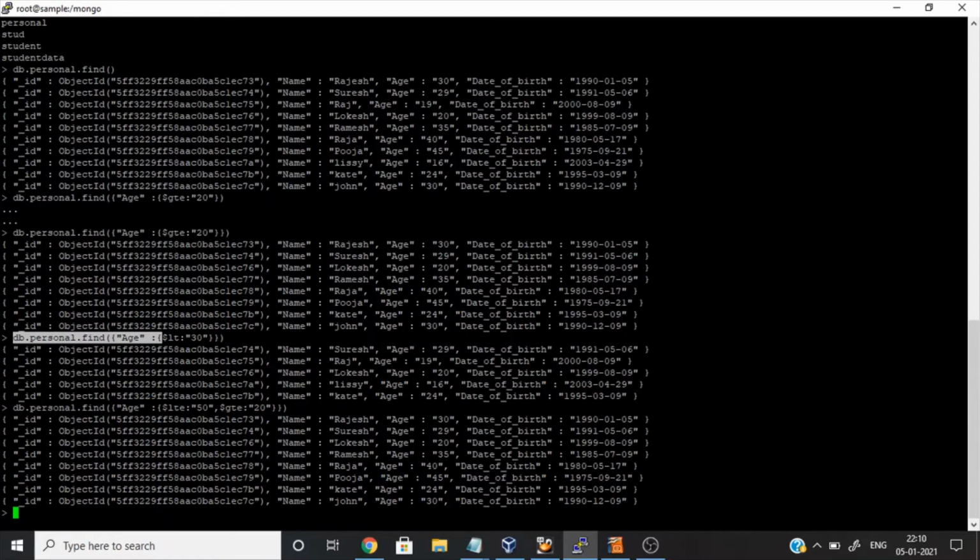Now I'm going to check the in operator in MongoDB. Let's say name is Raja or John. The filter is name and the value is dollar in array. I give the names Raja and John.